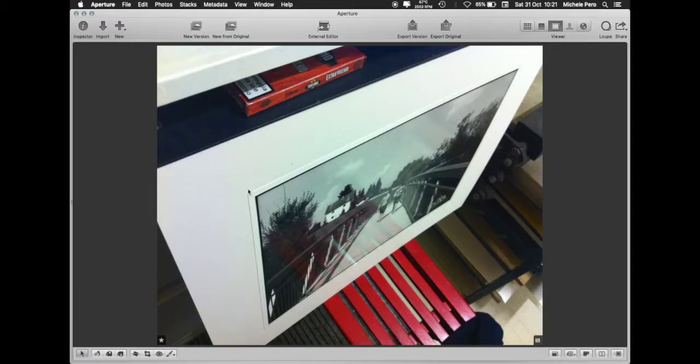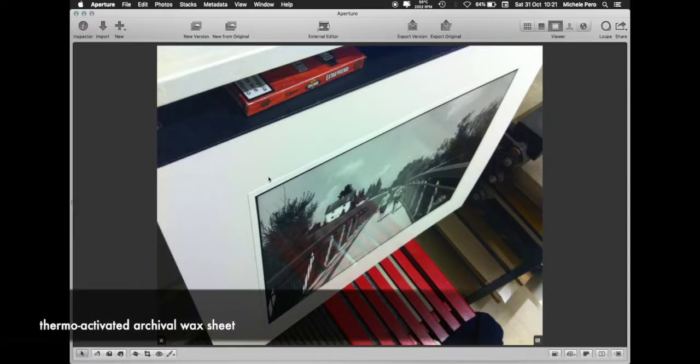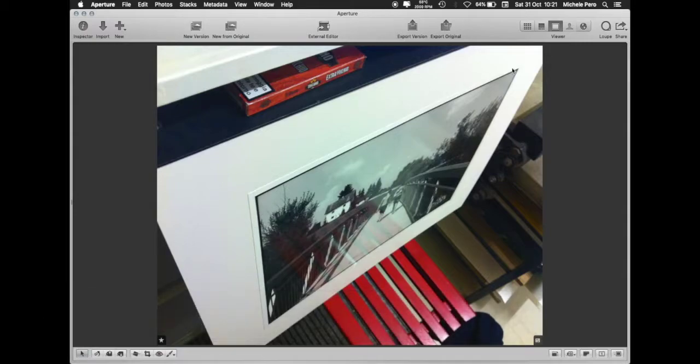In this case I use wax, a thin wax sheet which is thermally activated, which is completely underneath the entire photo. It is removable, so if I one day want to detach this print, I can just pass through the hot press again, and this photo paper will detach from the cardboard. I don't see a reason now for doing that, but I do not use any solvent or any glue, any tape for doing this process. That's important. Next,